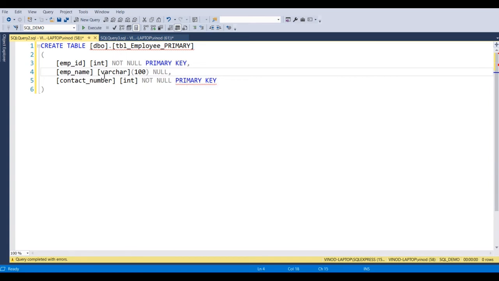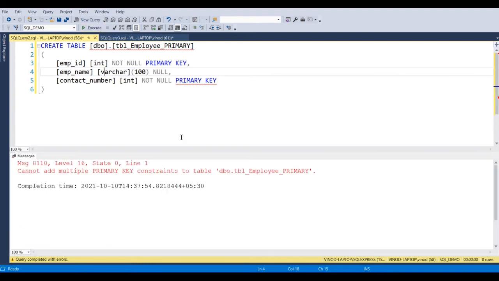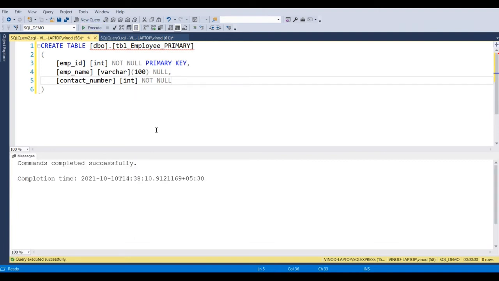Let's execute this and see what happens. It gave the message: cannot add multiple primary key constraints to table TBL employee primary. Now let's remove one constraint, and if we execute, it should work fine. So the conclusion is we cannot define more than one primary key.